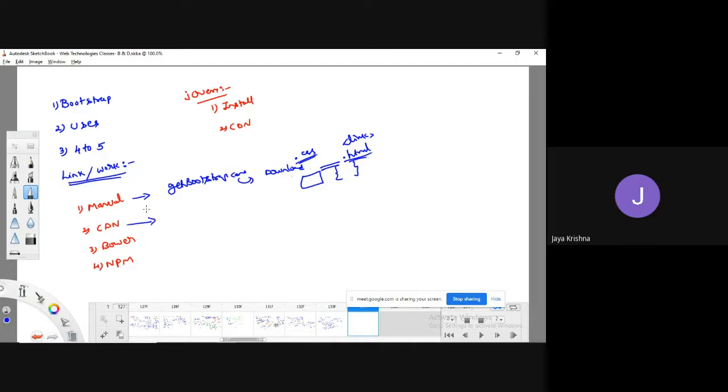or else we can go with a CDN. Going with a CDN has more advantages than the manual installation.